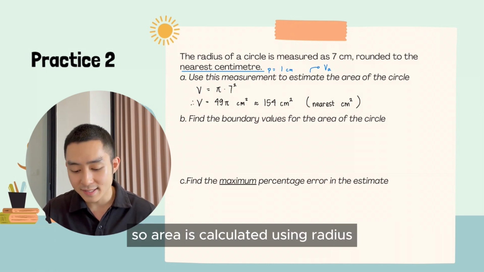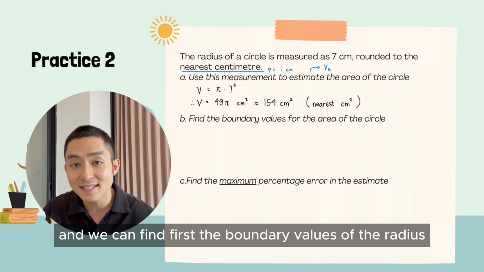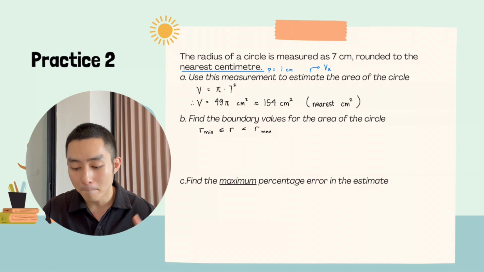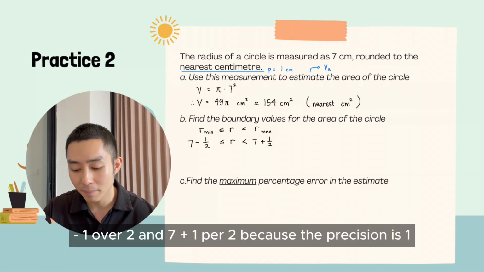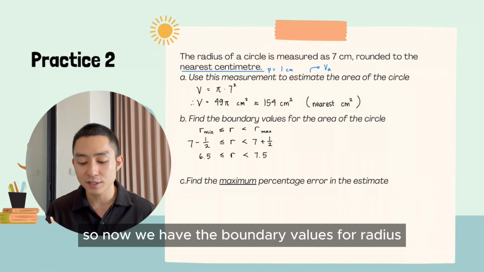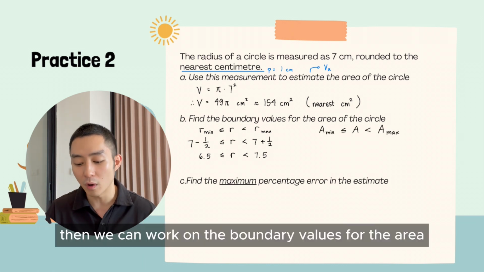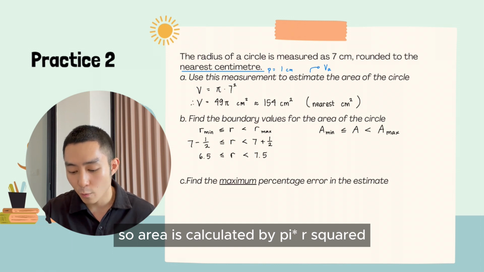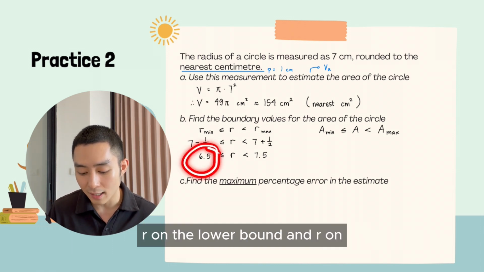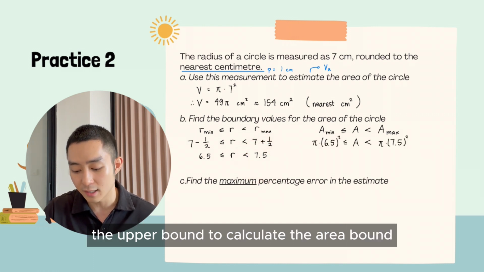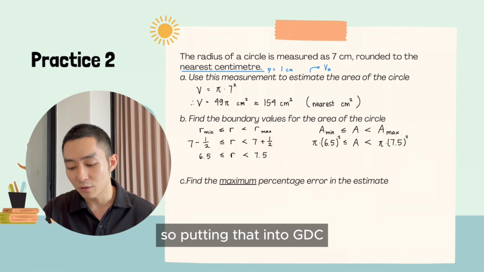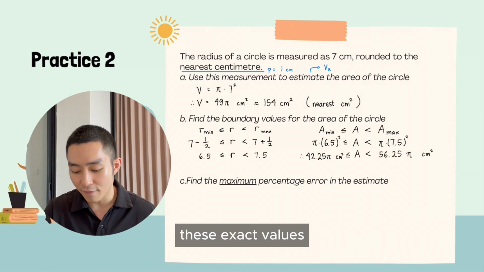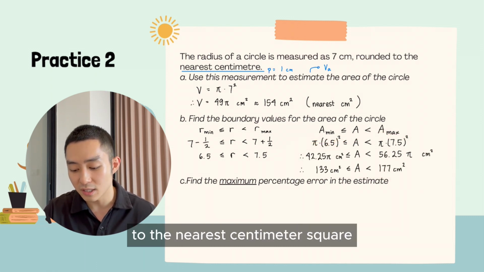Okay, so area is calculated using radius, and we can first find the boundary values of the radius, which are 7 minus 1 over 2 and 7 plus 1 over 2 because the precision is 1. So now we have the boundary values for radius. Then we can work on the boundary values for the area. So area is calculated by pi r squared. So we use the r on the lower bound and r on the upper bound to calculate the area bounds. So putting that into the GDC, we will get these exact values, and we can round that to the nearest centimeter